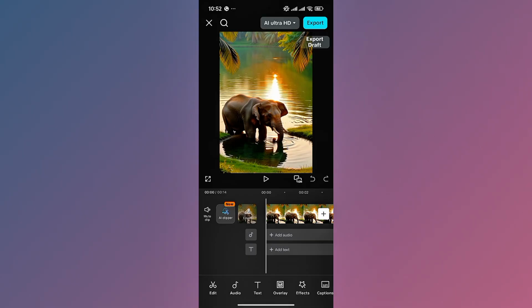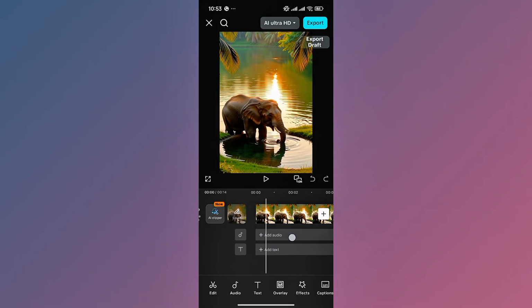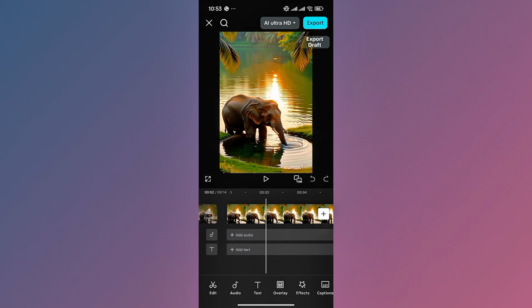So let me quickly explain what you are seeing on your screen. Where you are seeing the elephants is called the video preview. This is the video where the elephant is. Then where you see this add audio and add text, this line is called the timeline. Now below it, these are the editing tools. They are below the timeline. So I believe we've understood the concept. Now to start the explanation,